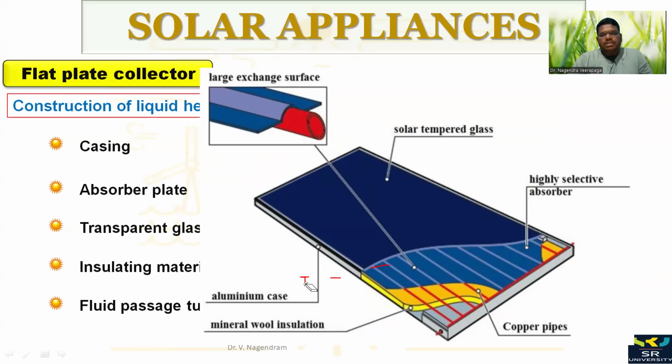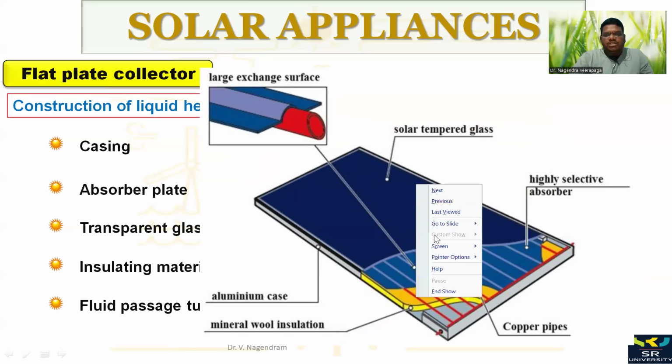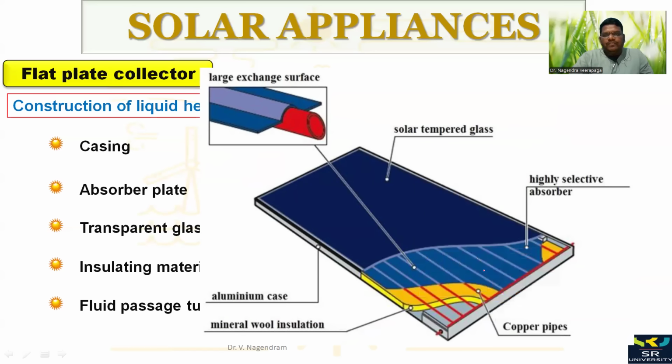So here you can see clearly the view of this flat plate collector. At the top you have the transparent glass covers, and then this one is the black coated absorber, and then we have the pipes in which the water is going. Here you can see the aluminum casing at the bottom, and then this yellow color is indicating